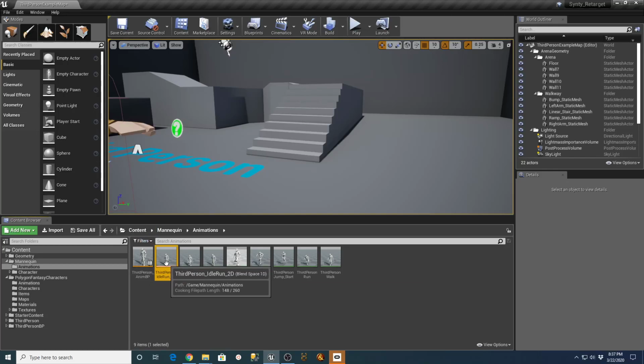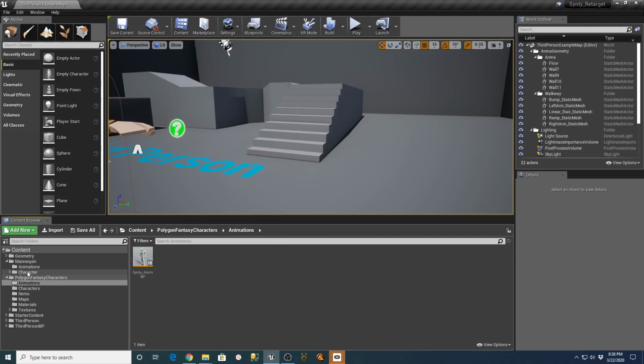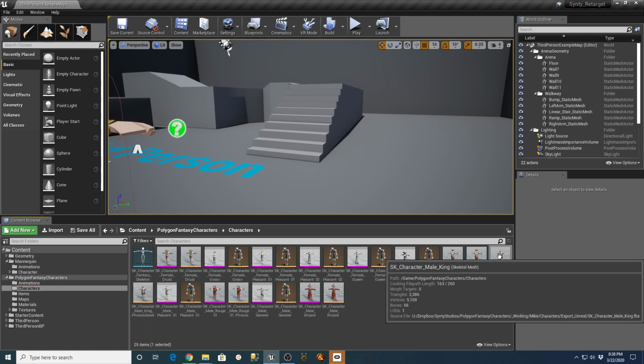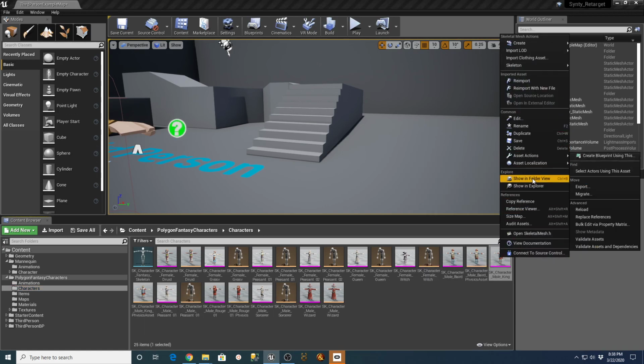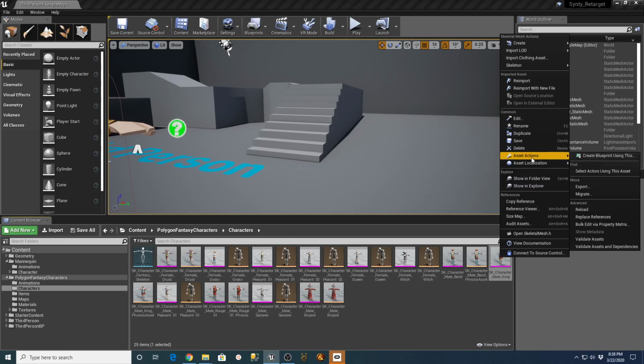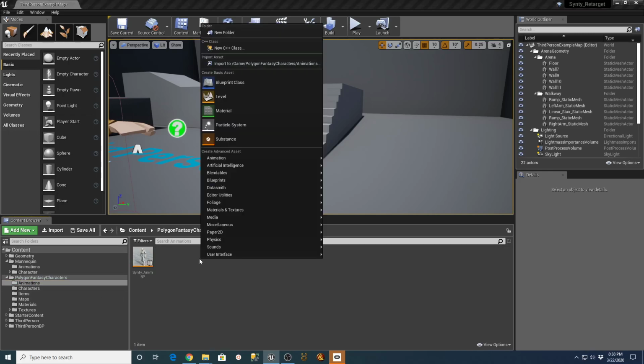It's actually a blend space 1D if you look in the parentheses there. So I'm going to create the same thing. I'm going to right click and say, actually if you do this, I feel like if you highlight your character first. So where's our king? Right there. And then right click and say, is there a thing in here for creating? No, I guess you don't have to do that. I thought maybe you had to reference the character by right-clicking on it.